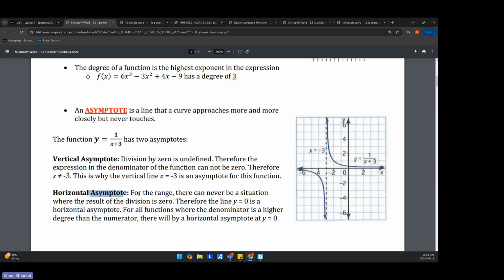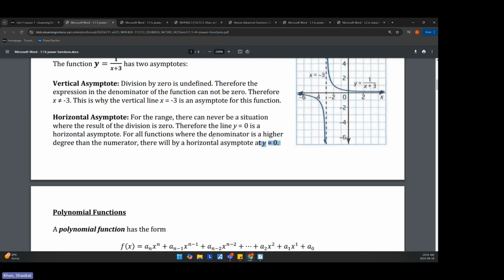And a horizontal asymptote is similar to a vertical asymptote in that the function approaches the asymptote but never really touches that point. So for the range, there can never be a situation where the result of the division is 0. Therefore, the line y equals 0 is a horizontal asymptote. For all functions where the denominator is a higher degree than the numerator, there will be a horizontal asymptote at y equals 0. This is important. I'll repeat this. When we're talking about rational expressions, this is from grade 11 once again, if I have a polynomial divided by another polynomial,